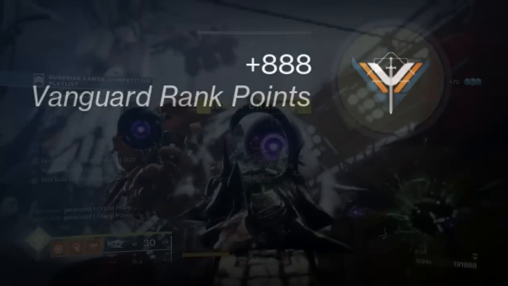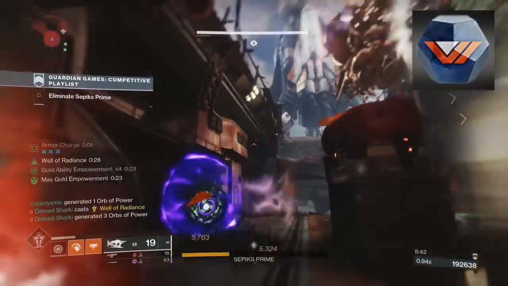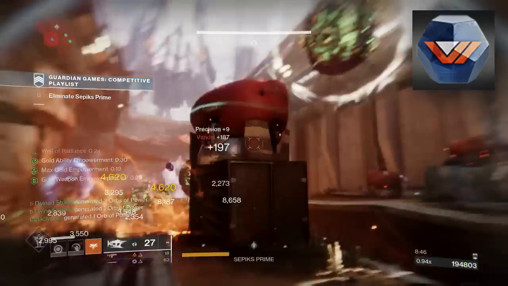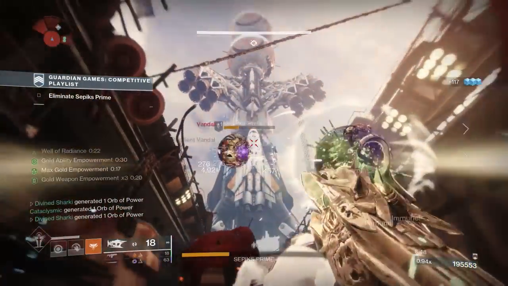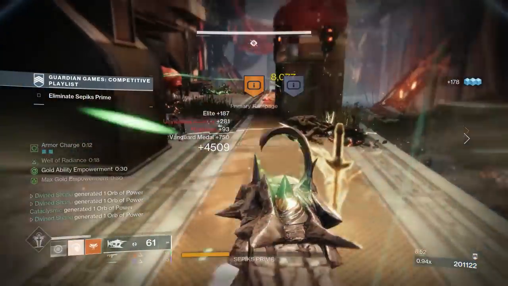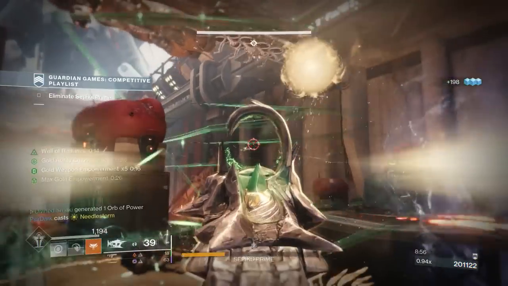So last week I made a video letting everybody know that you could actually farm Vanguard engrams from the Guardian Games competitive playlist, the Nightfall playlist, in which you are trying to get a really high score. Initially when Guardian Games launched, you weren't actually getting Vanguard rep because of course there was a bug. What's new? That has been fixed well over a week ago,